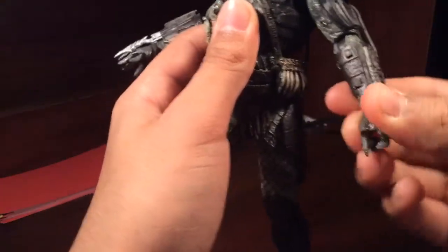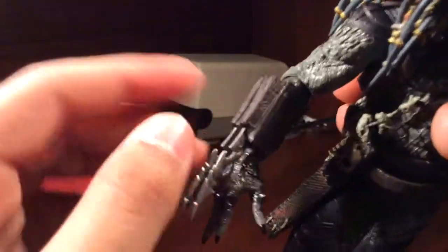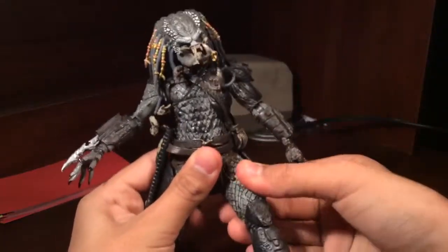He also has a bulge in his hand. The wrist blades can go out, although I don't recall him ever shooting them out in the film. He does have a waist swivel there. His legs can go forward, but...